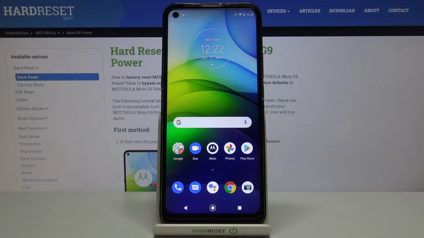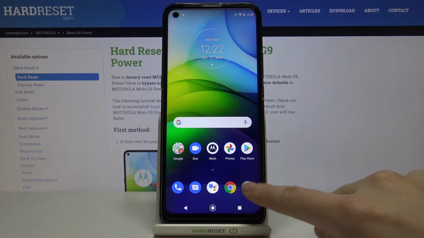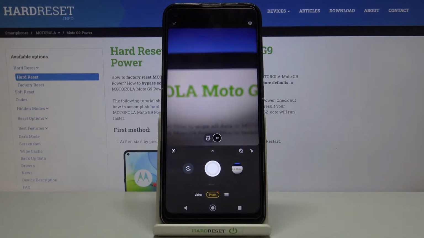Welcome, here I've got Motorola Moto G9 Power and I'm gonna show you how to turn on and off the camera leveler on this device. So let's start by tapping on the camera button to open it, and for now we are in the standard